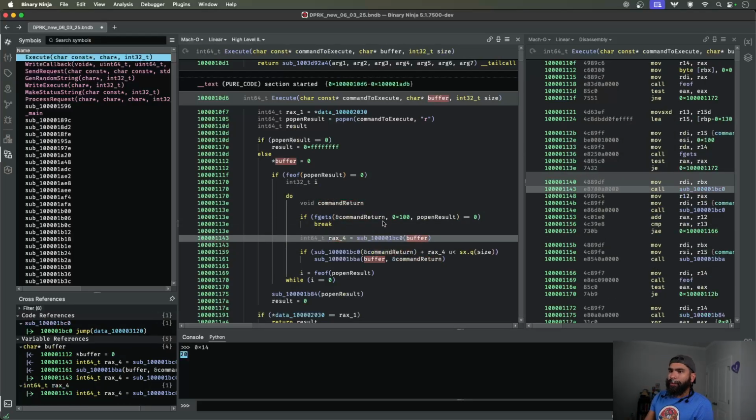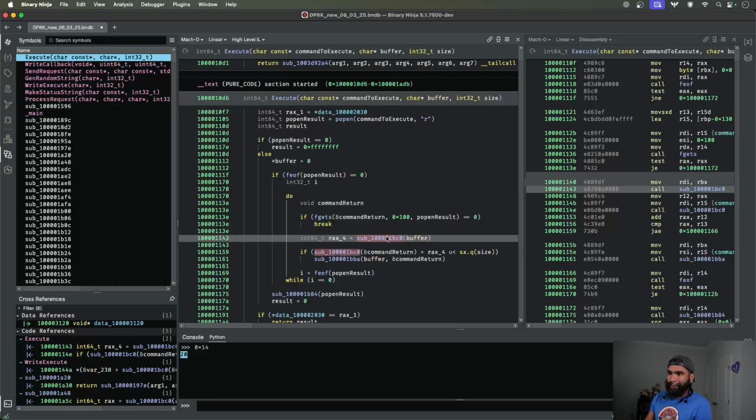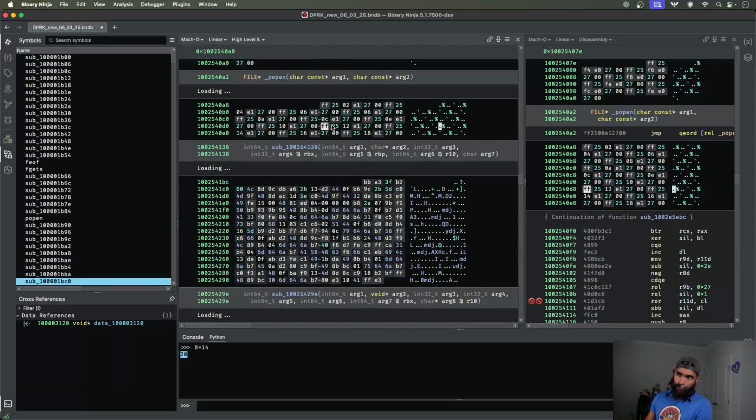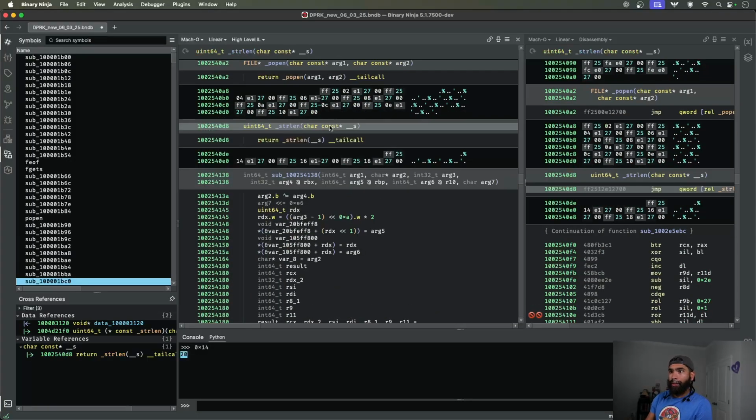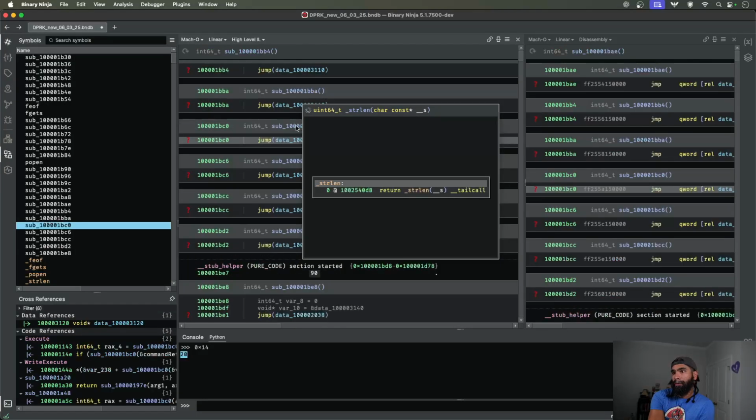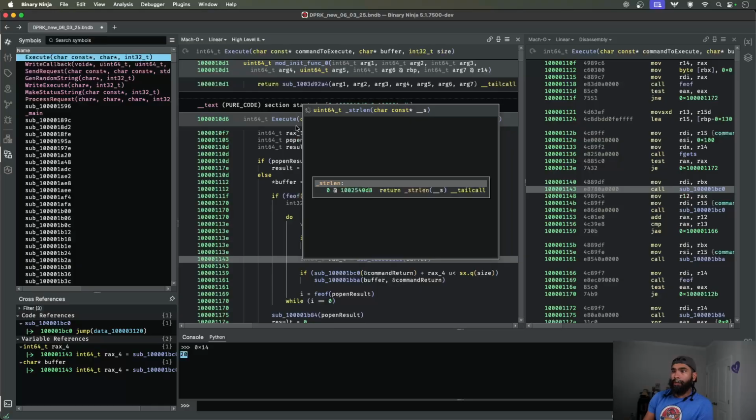So this buffer that we set up, that was passed in, gets passed into this function. So we got to see what this is. So we go all the way through here, press P. This is strlen, so it's getting the length of this. So let's grab this, copy, go all the way back. One more,